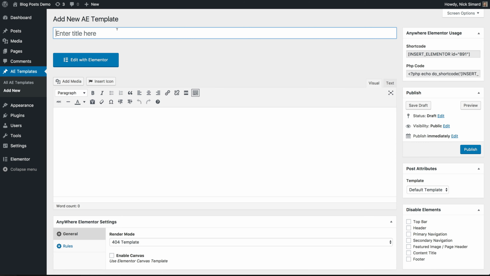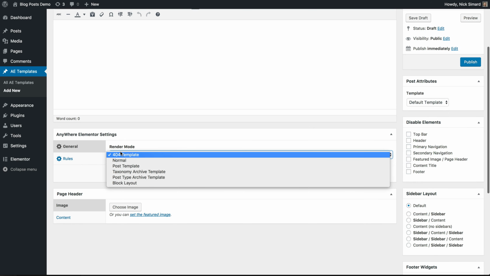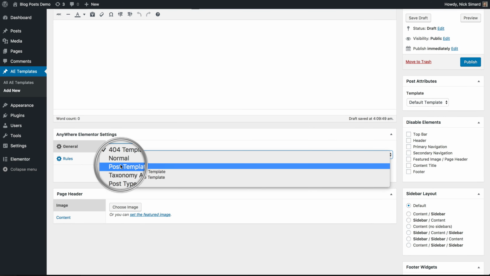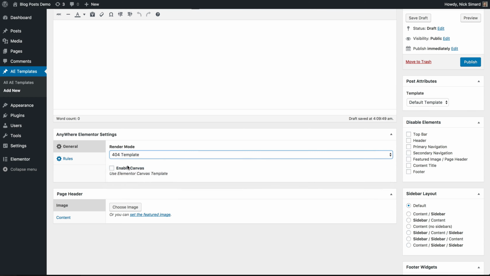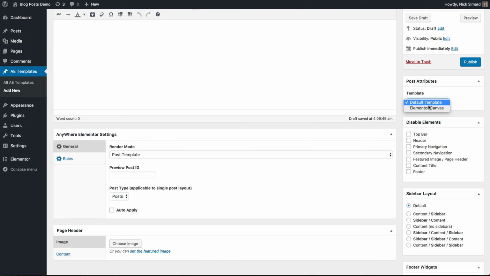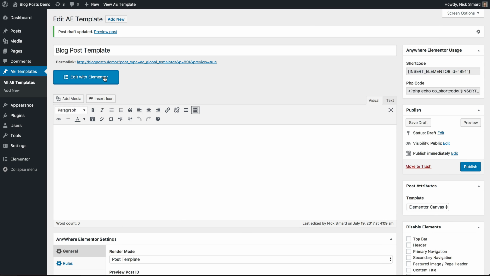Let's give this creative title of Blog Post Templates and scroll down to the render mode. We want this to be a post template, so we'll select that. I also don't want anything else on this page, so I'm going to click Elementor Canvas, save draft, and now